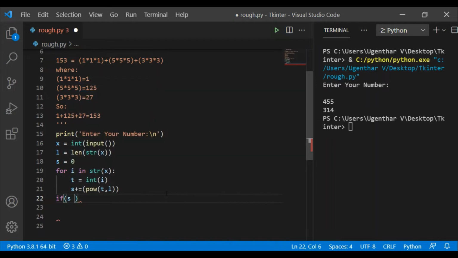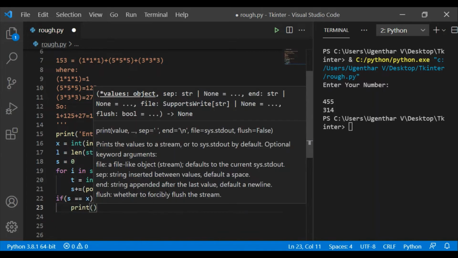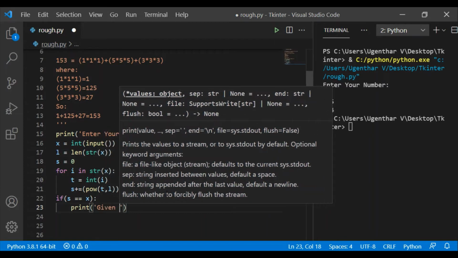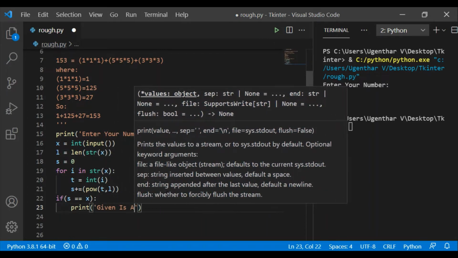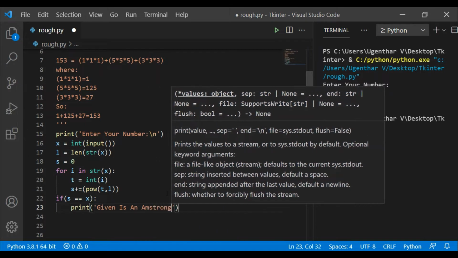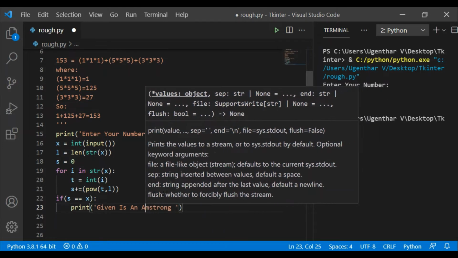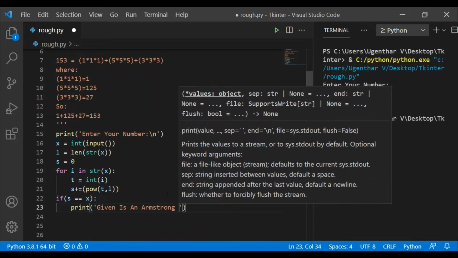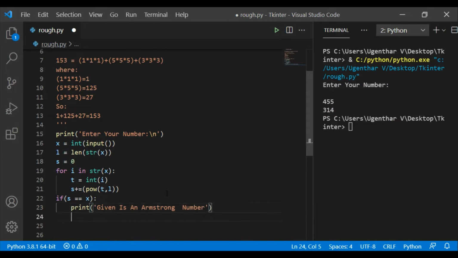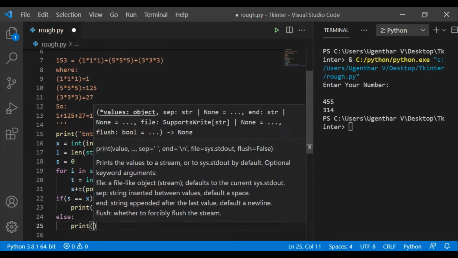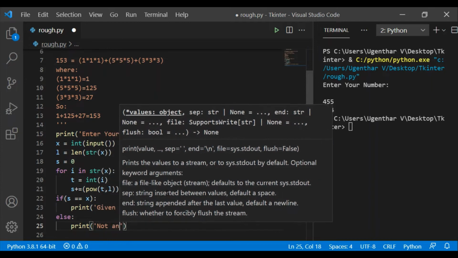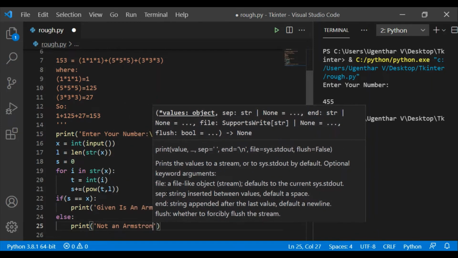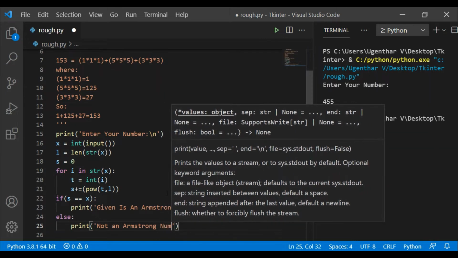If the output s is equal to the input x, then the given number is an Armstrong number, else not an Armstrong number.